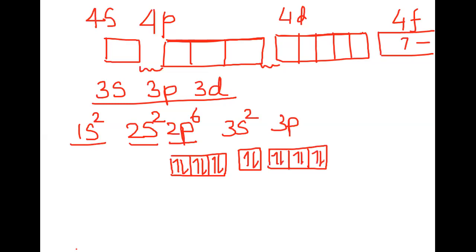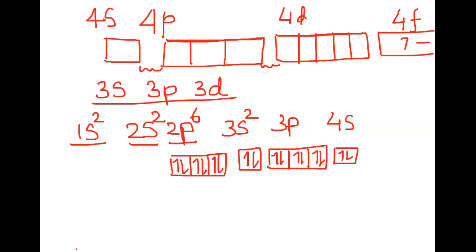Then after this, the 4s has to be filled up. So 4s will take 2 electrons. No worries, because s orbital is never a problem. And then when it comes to 4p, again in the same way it will happen. So this is what is called Hund's rule of maximum multiplicity.